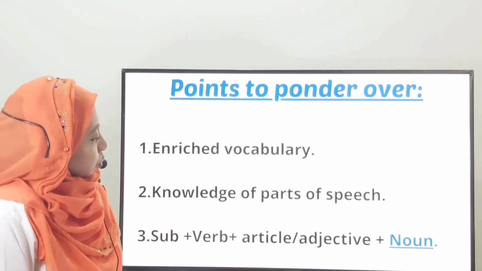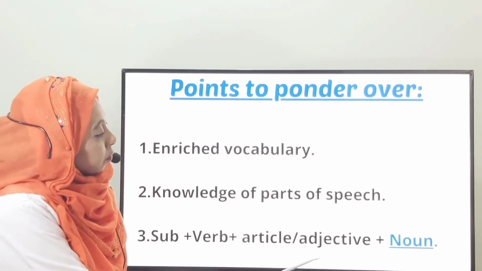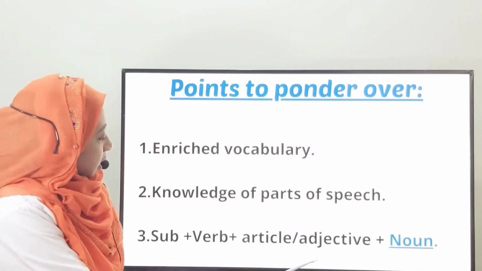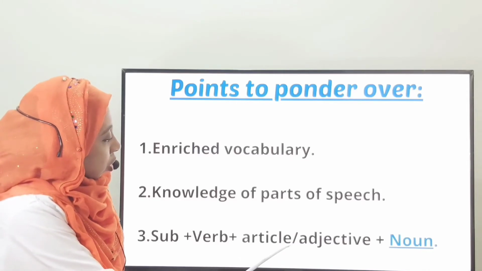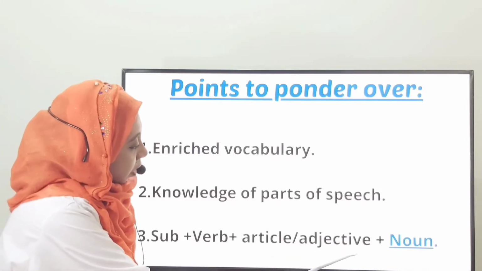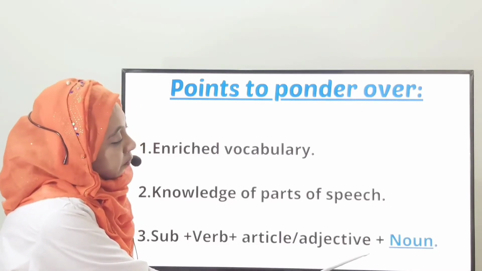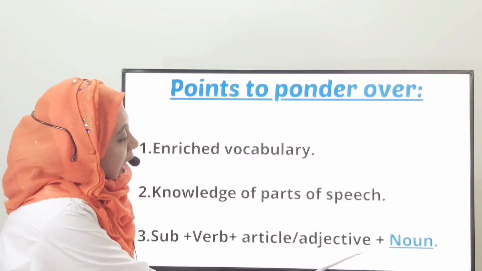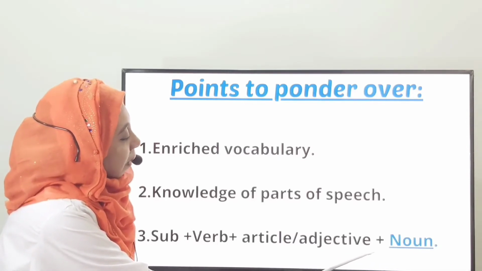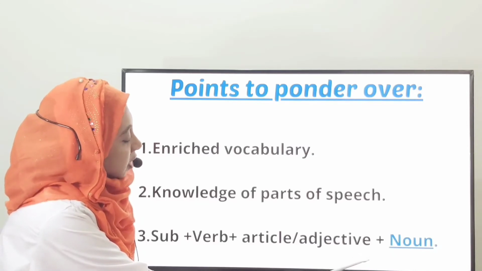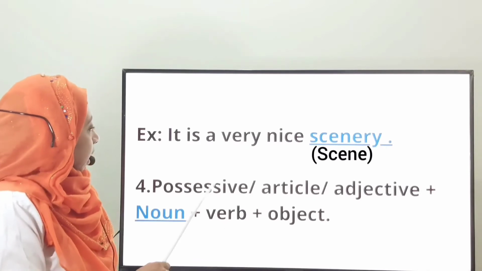Students, now we will see the place of those parts of the speech: noun, verb, adjective and adverb. Generally, if we get subject, verb, article or adjective before a gap, we must think noun word for that gap. So, if the root word or base word are given in different parts of the speech, we will change that word by adding suffix or prefixes and convert it into noun word. Here we get an example.